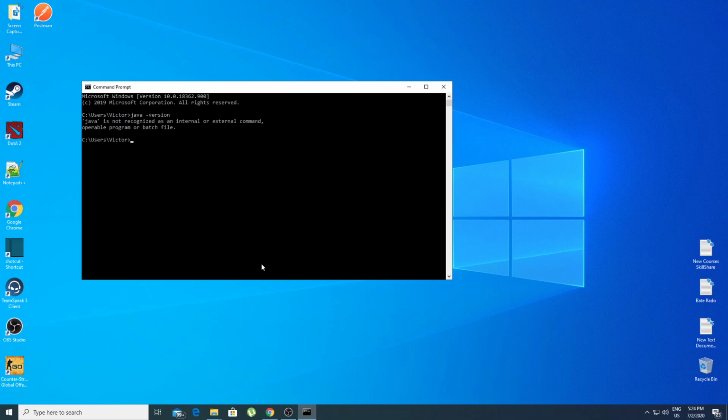-version. And if you don't have Java installed on your computer, you will see this message here: Java is not recognized as an internal or external command. That basically means that you don't have Java JDK installed. And one more thing that we want to do here is type javac, which is the command that we use to compile our Java files. javac space -version, and you will see the same message here, which means that you don't have Java JDK